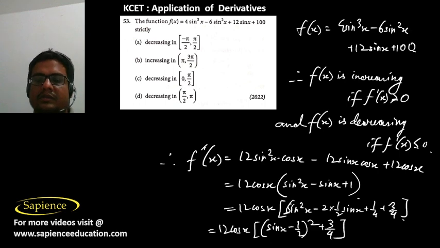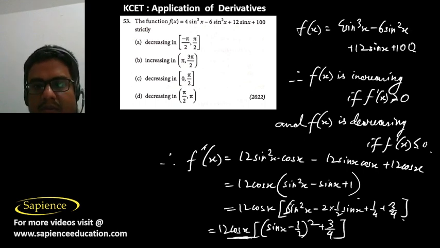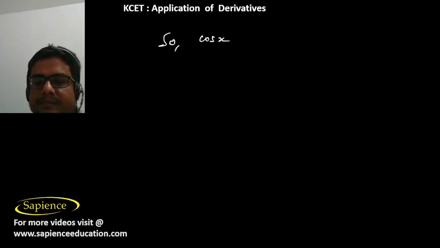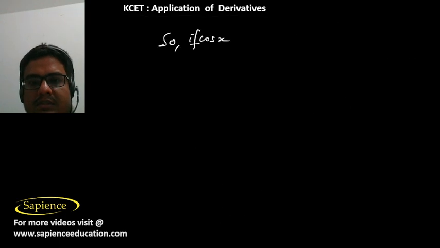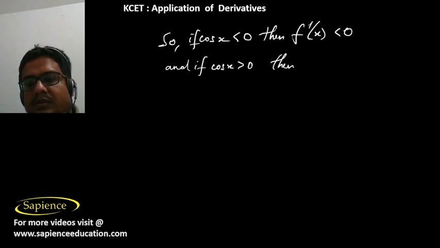This value is always greater than 3 by 4. This cannot be negative, this is always greater than 0 only. So you have to check the sign of cos x. It's only the same sign. So the rule is that, here we can see that if cos x is less than 0, then only f dash x is less than 0. So if cos x is greater than 0,